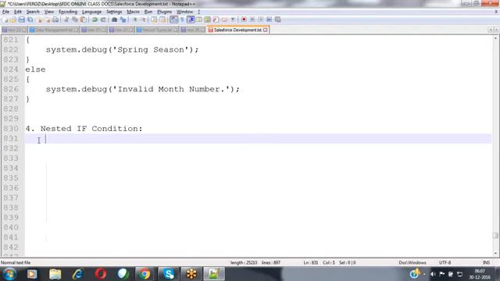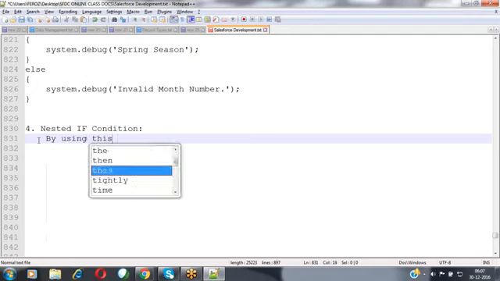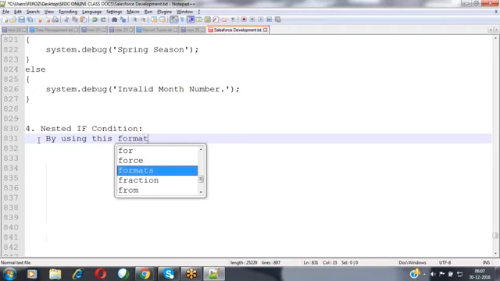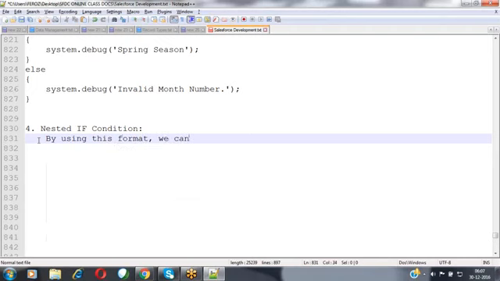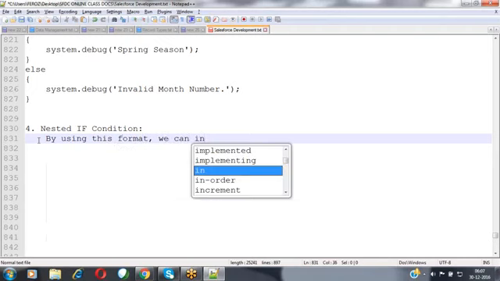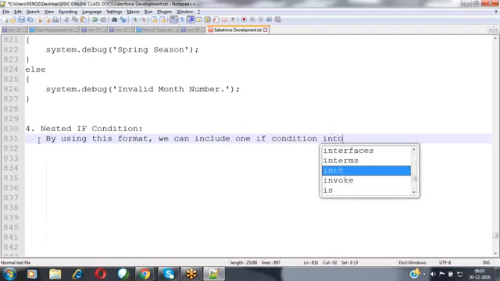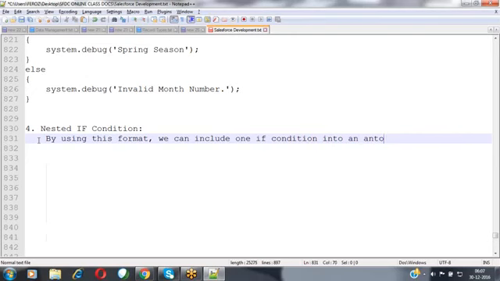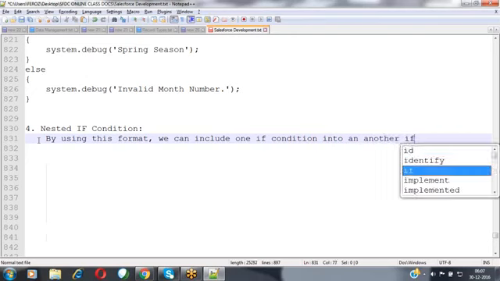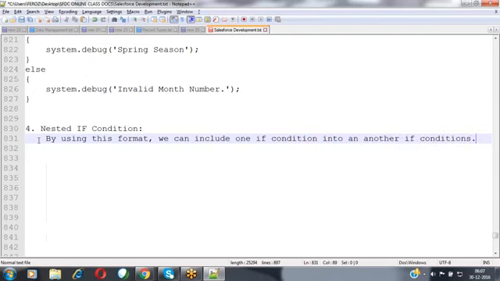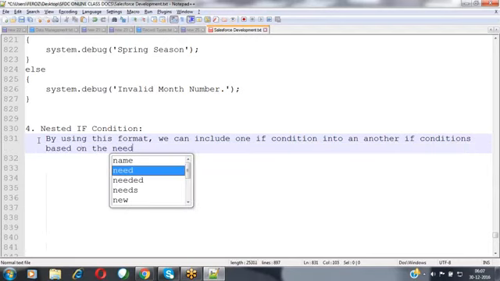A nested if condition is used for inserting one if condition into another if condition here. By using this format, we can include one if condition into another if condition based on the need.